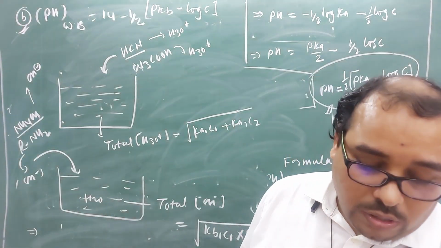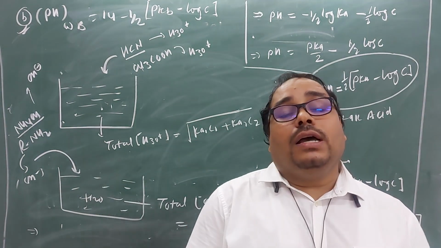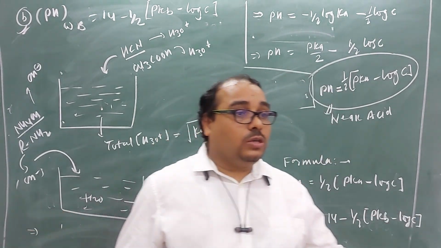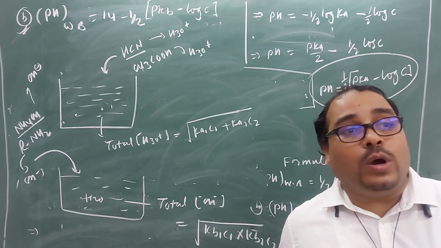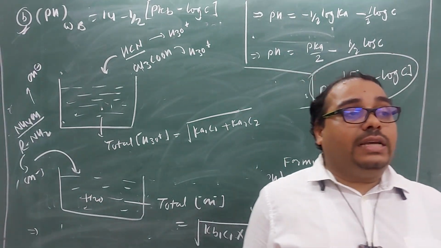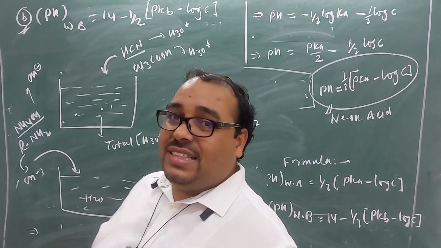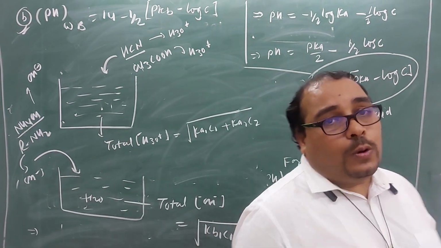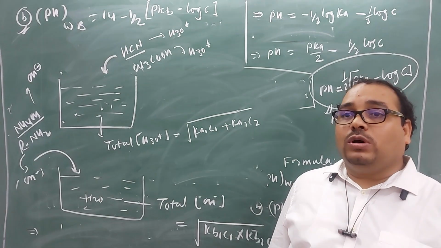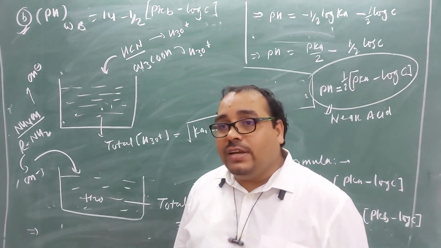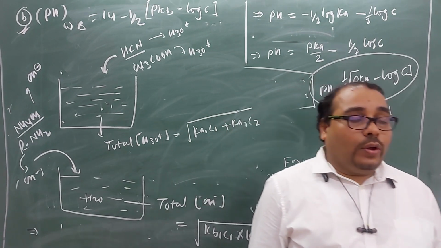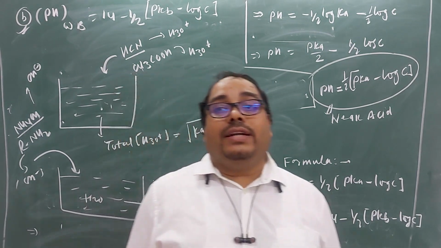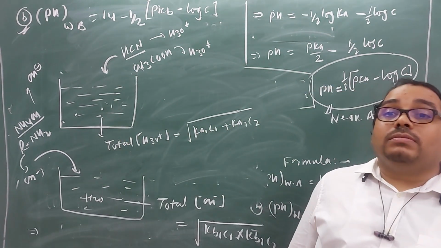Now we will see the relationship between Ka and Kb. I forgot to mention one thing, sorry. What I told you, 1 minus alpha is approximately 1. You can take this when the degree of dissociation is less than 5%. If alpha is greater than 0.05, that means 5%, in that case 1 minus alpha cannot be neglected, otherwise you will face a problem. Then a quadratic equation will come, and that will be more difficult to solve.